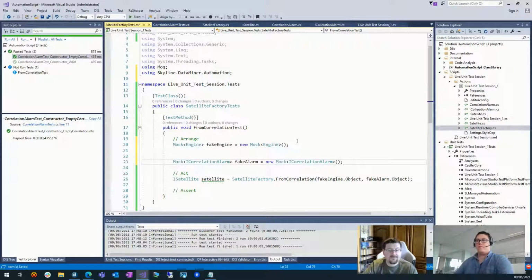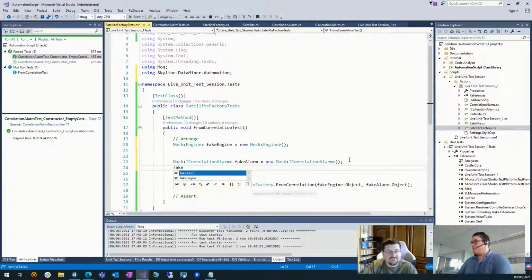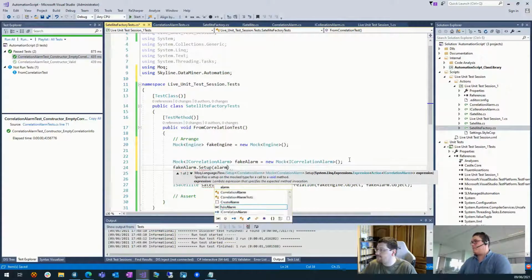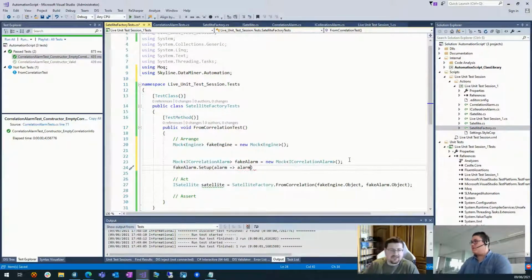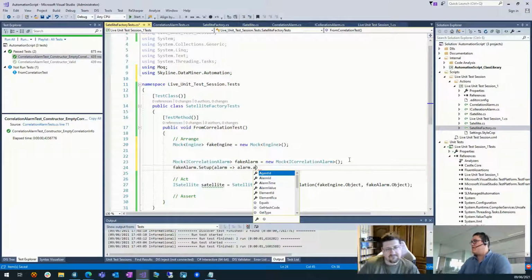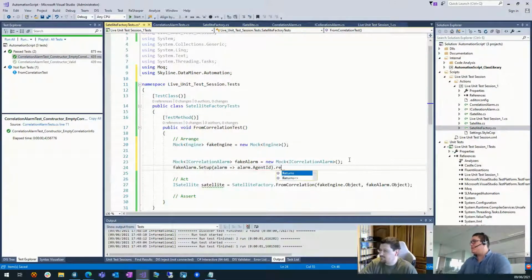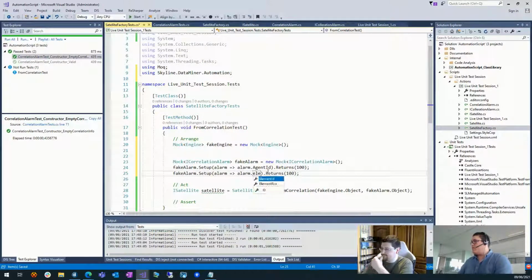So fakeAlarm.Setup, and we're going to check what I am going to need from fakeAlarm to actually find my element. An element key always consists of two parts. So we have our agent ID, which will then return, for example, 100. And then we also have the same for element ID, which can be 50.